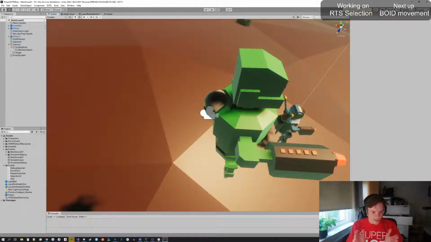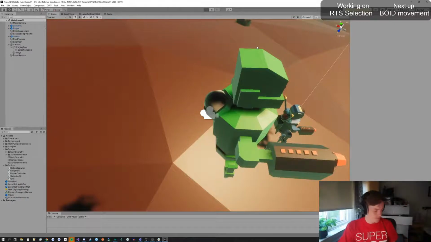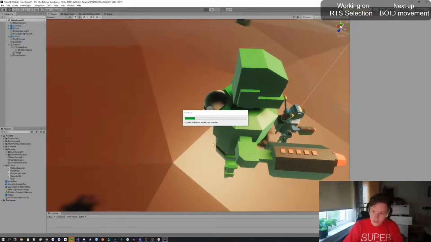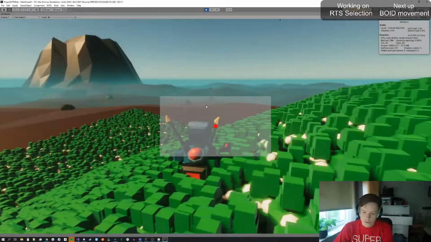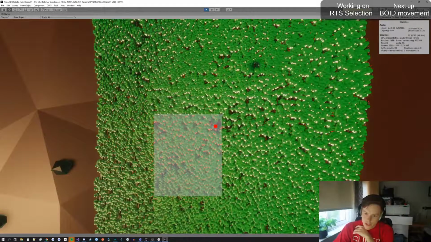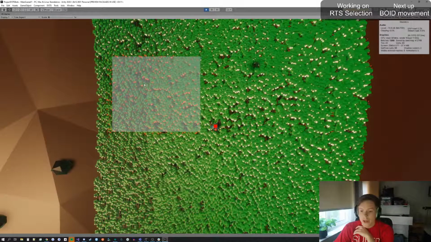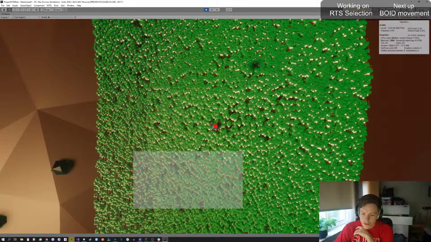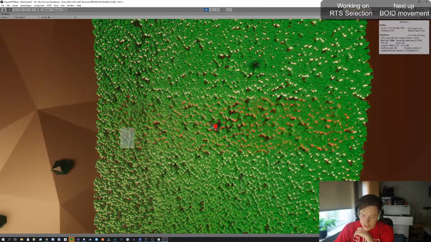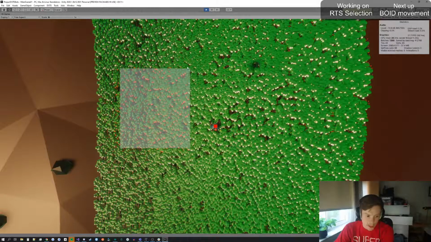And let's do this. So, quick recap. What we managed to do last time was, let me just pull this closer to the microphone. There we go. We managed to do this stuff. You can see we have the selection box here, which I can drag. And you see all the robots underneath the selection are marked red. And this works pretty good. And we did the selection itself and then the marking of the robots via a custom shader or a custom